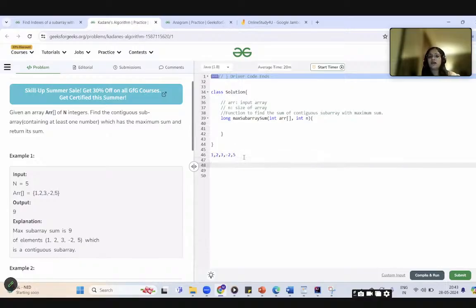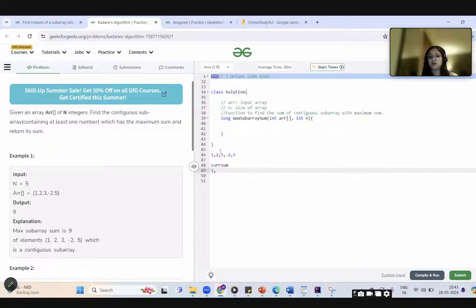Now you have to see what values you should take to solve the problem. First, think about the logic. If I am traversing this array, I need to find the sum. When i is 0, the sum will be 1. I will take it as the current sum as we are traversing. First it will be 1.